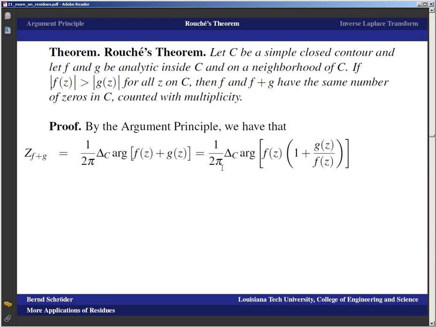And now we just do some algebra inside, because the function f of z plus g of z is the same as f of z times 1 plus g of z over f of z, right? And we want the absolute value of f of z to be strictly greater than the absolute value of g of z. That means f is strictly greater than 0 in absolute value,